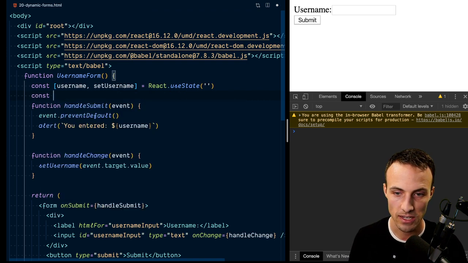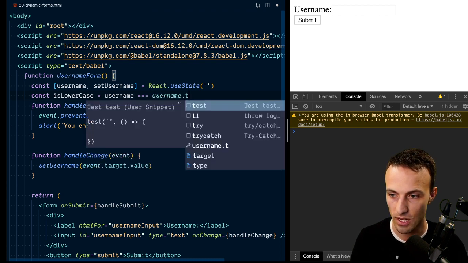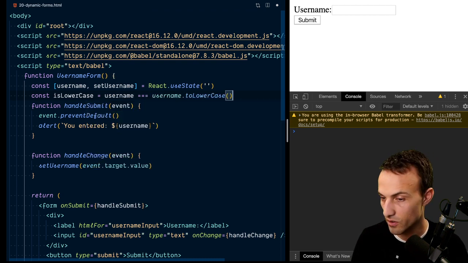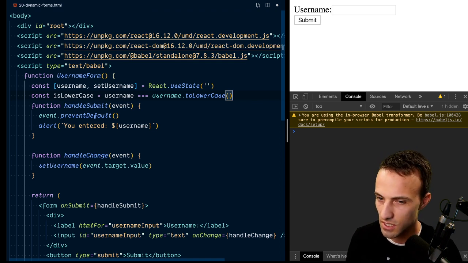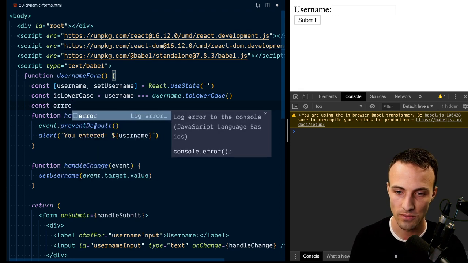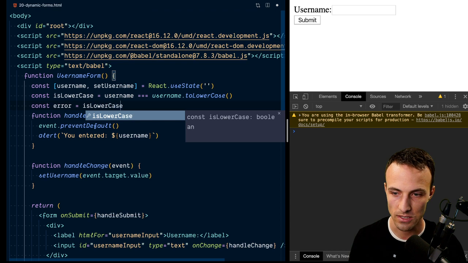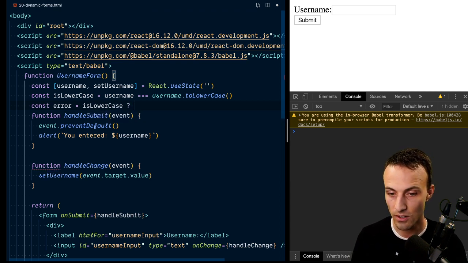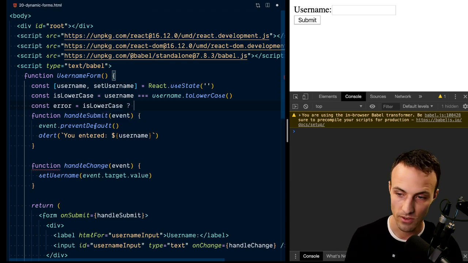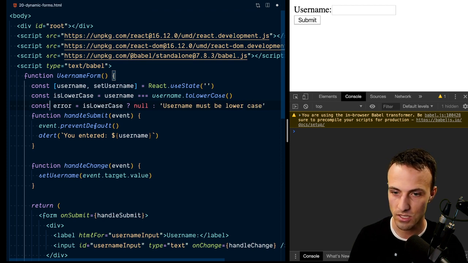Next, let's go ahead and determine whether this is lowercase by saying username equals username.toLowerCase. So if it's equal to the lowercase version of itself, then we know that it is lowercase. If it is lowercase, then we'll just say the error is null. Otherwise, we'll say the username must be lowercase. And then we just need to display